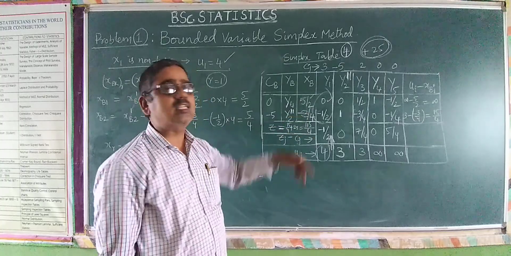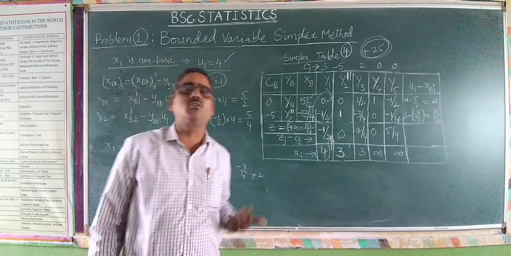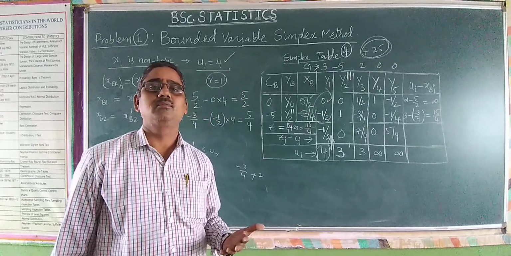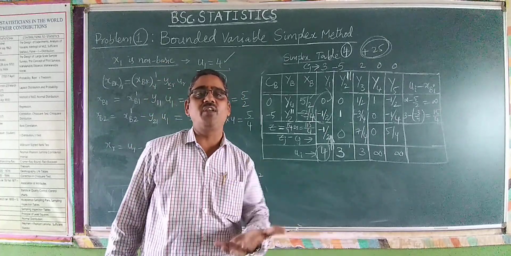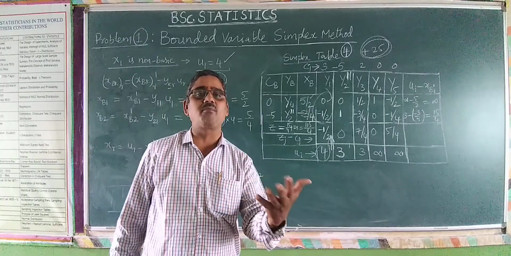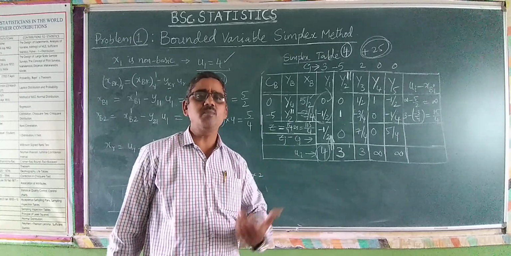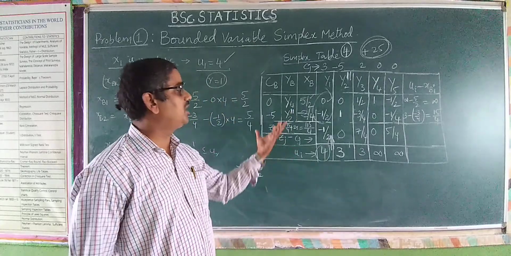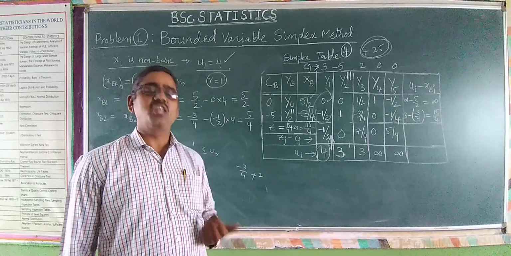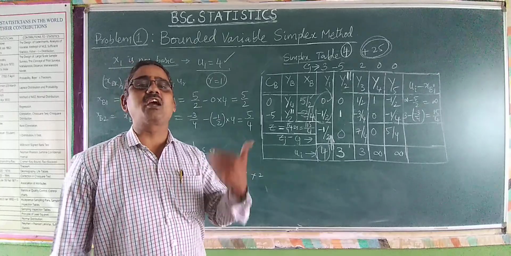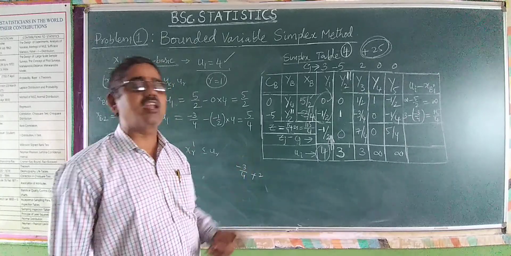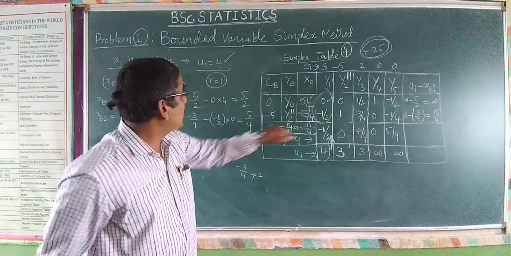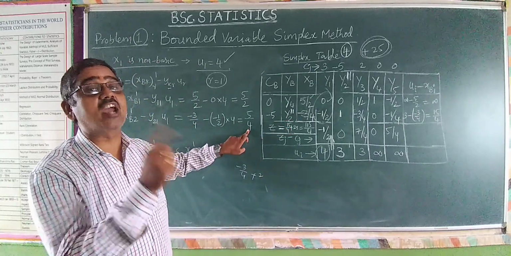Whatever the value of xb, if the value of xb is negative, what is our objective? All xi's must be greater than or equal to 0. That is the fundamental definition of non-negativity in the linear programming problem. It must be satisfied. So we must have positive values in any kind of simplex technique, whether it is bounded variables, revised simplex, or big M, two phase. Now you see it was changed to plus 5 by 4.